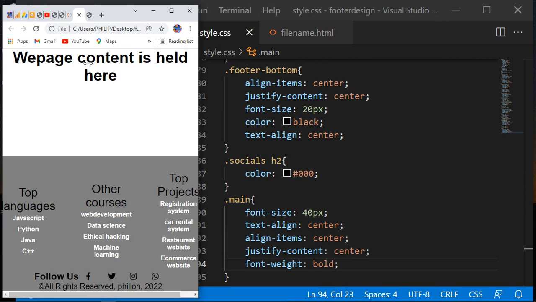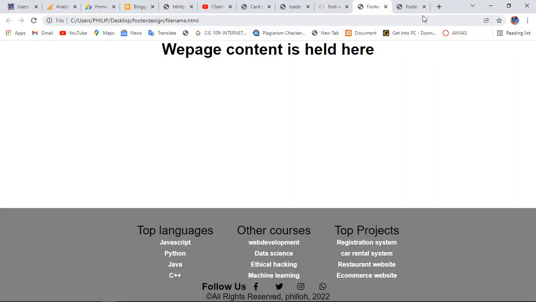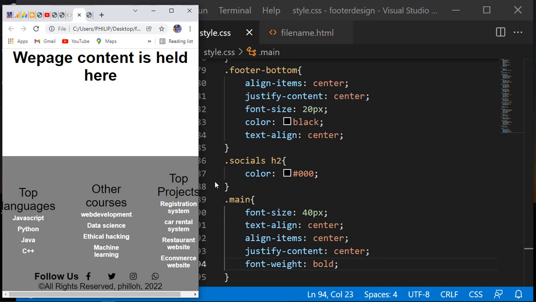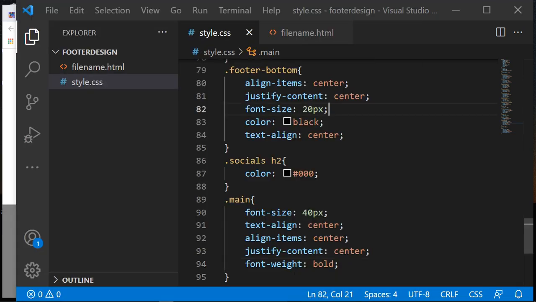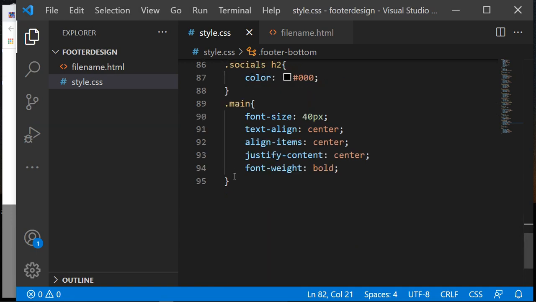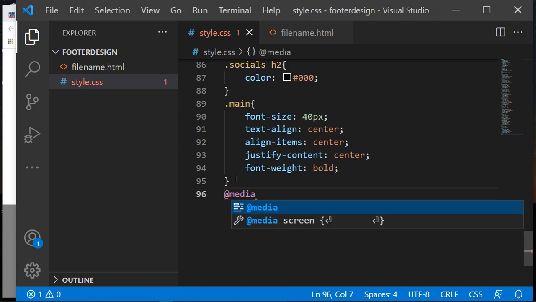See, it is not appearing in columns. Now to make it more responsive and appear in columns, you'll have to use something you call media. We'll introduce something you call media, whereby you'll have